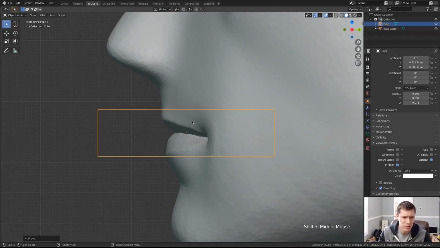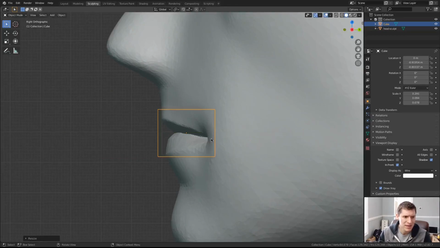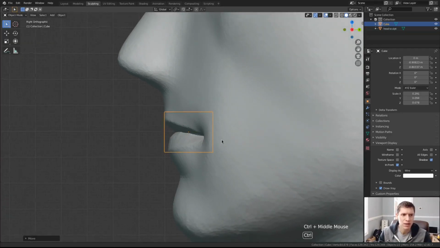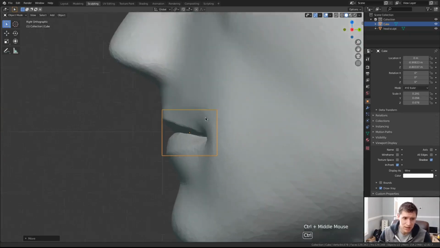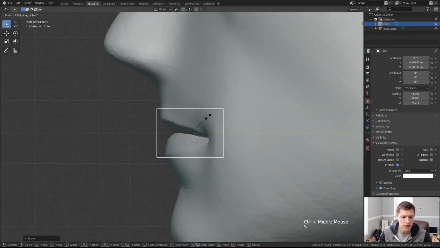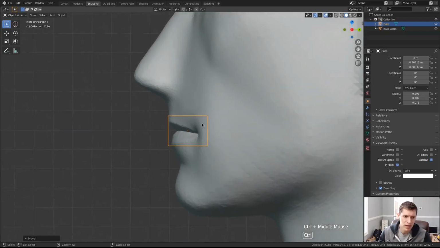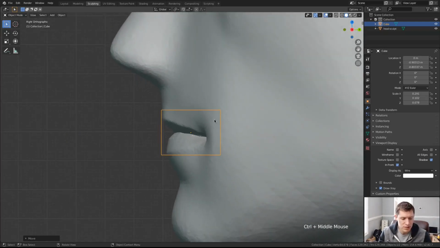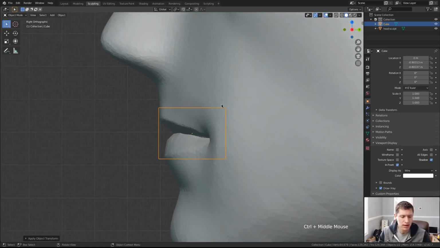I'm going to place the origin about in the center of our lips, scale down. And the back edge, I want to be in alignment with the hard edge that we just smoothed out, but we can still see the remnants of it. So if I scale that up a little bit more, I'm going to touch the front of the cube to the front of the lips, and this is about right. So with this properly scaled and positioned, Control A to apply the scale,